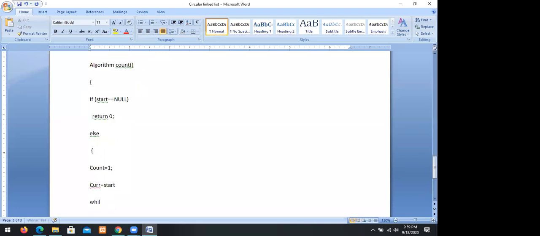While current dot next not equal to start, current equal to current dot next, and count plus plus.